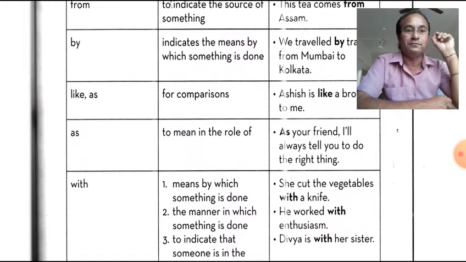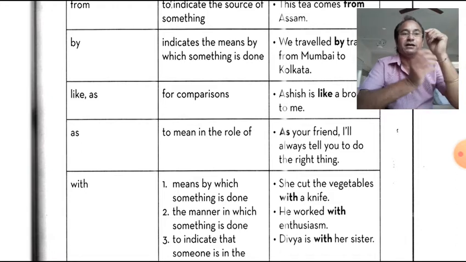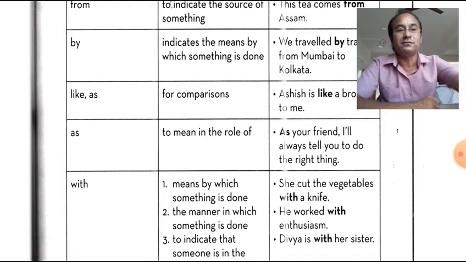As your friend, I will always tell you to do the right thing. So it means in the role of. What's your role here? As a friend, as a true friend, it's my duty to tell you the truth. Let it be bitter, but I will tell you the same. And with. So with has many complicated uses,